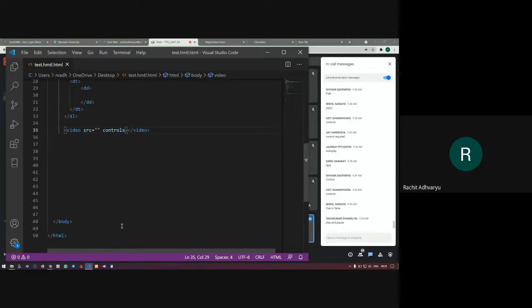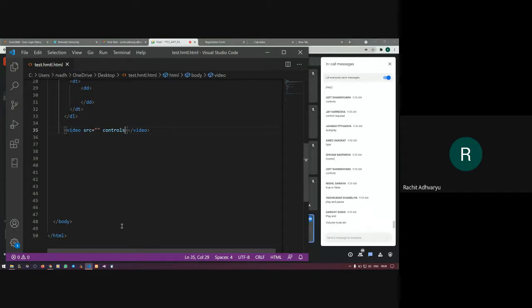Play and pause, true or false, autoplay property, and many more. So the video tag directly embeds your video to be played on a web browser, but it will require some controls that will allow a browser to play your video in a proper way.